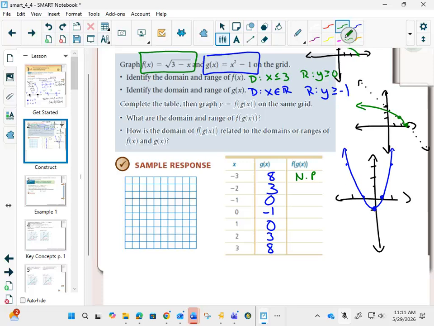If I plug in 3, I get 0. If I plug in 0, I would get the square root of 3. I plug in -1, I get 2. 0 again would be square root of 3. This would be 0, and this would be not possible again. So if I were to draw a graph of f of g of x,